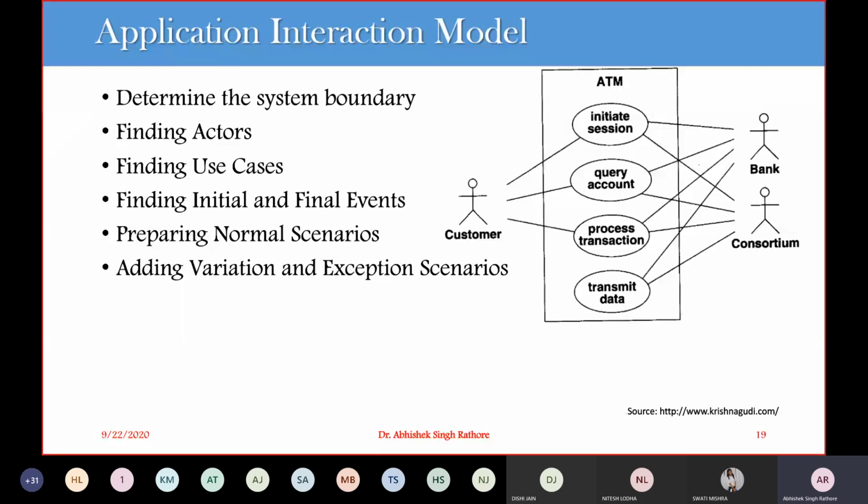Then we go to query account. For this query account, the initial event is that the customer requests their account data. Then the final event is that the system delivers the account information to the customer. So जैसे मैंने पूछा कि let's say मैंने बोला कि मेरे अकाउंट में पैसा कितना है, so this is my query account, let's check balance in your account. So this is my initial event. Then the final event is that मेरा सिस्टम मेरे को मेरे अकाउंट में कितना पैसा है वो बता देगा. So this is again an output.